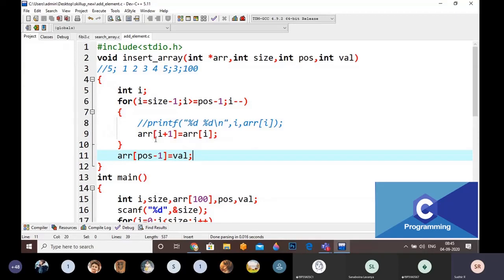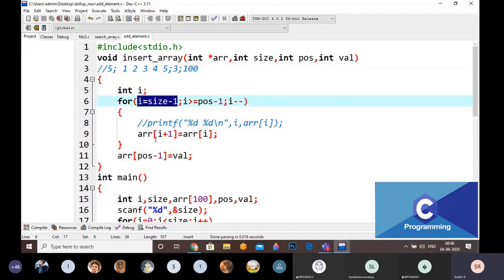I am going to start at the last and come back to where the position stops here. That's why I am writing this. I start at what position? Size minus 1, that means the last one. Size minus 1 is the last one, and I am going to trace the values up to that index, up to that position.